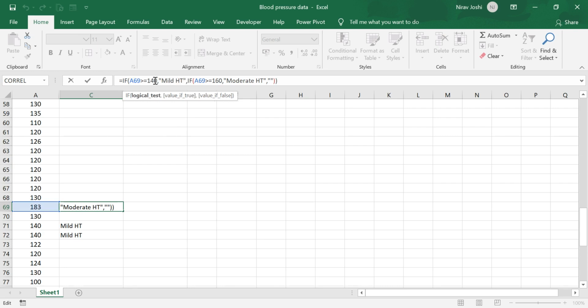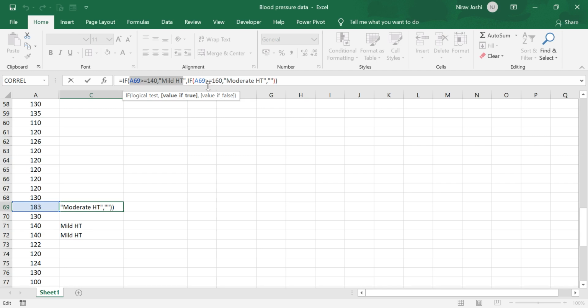So this condition supersedes this one, as this is being applied first, and that's the reason that even if the level is more than 160, it is being marked as mild hypertension.